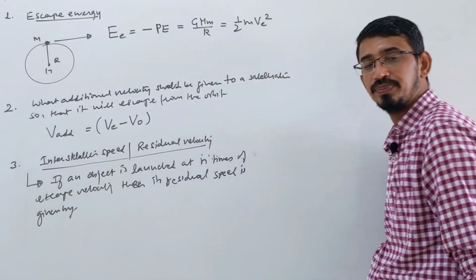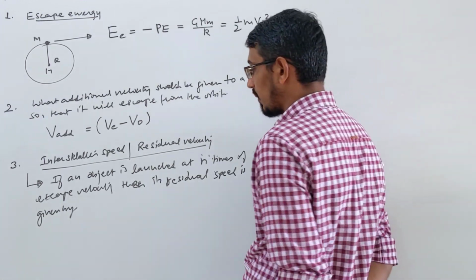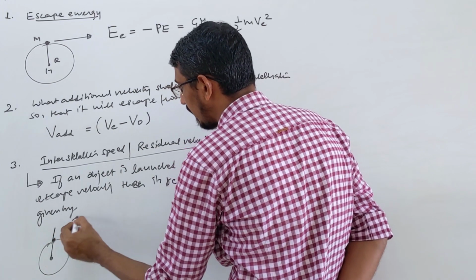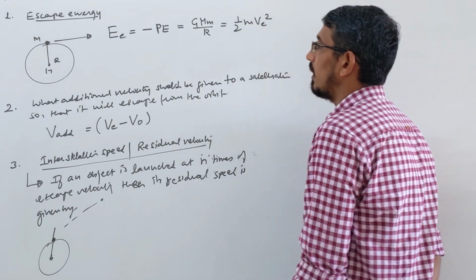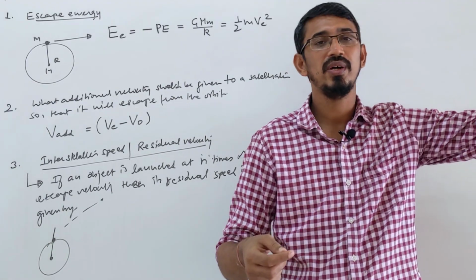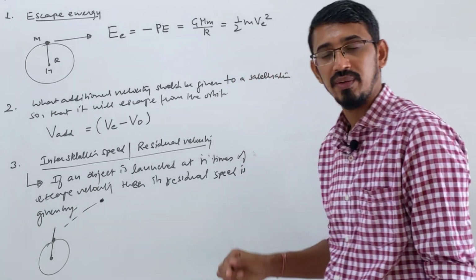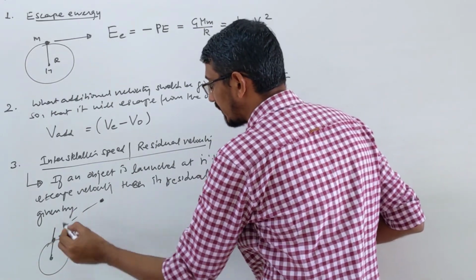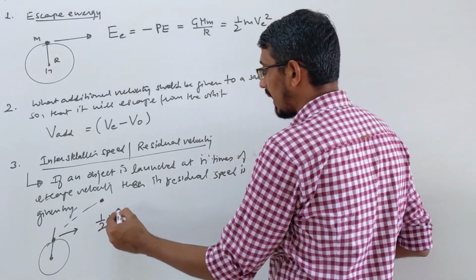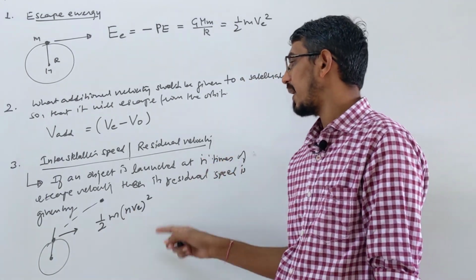You can calculate this by simply writing the energy conservation principle again. Look here, you are launching something from the surface of this planet to infinity. When I wrote the escape velocity initially, I wrote kinetic plus potential energy at this point, and the energy very far was 0 for both. Now we are saying the object is still moving at some velocity very far away. So what is the energy at the initial point? Kinetic energy is half mv square, where the launching velocity is n times the escape velocity, so half m (n v escape) square. We are launching the object at n times the escape velocity.